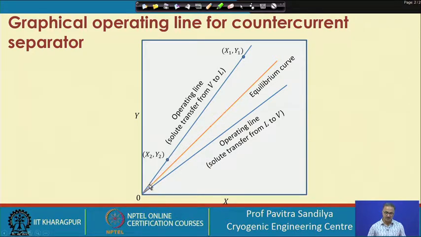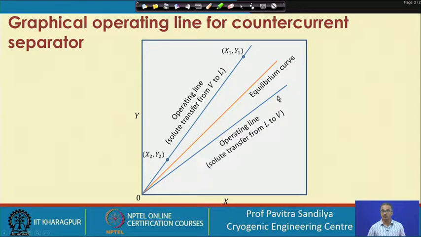Now, here we have one operating line which is also passing through x1, y1 and x2, y2, and this is the operating line we shall obtain if the species transfer is taking place from phase V to phase L. This you can see very easily. On the other hand, if the species is getting transferred from phase L to phase V, then we find the operating line will be below the equilibrium curve,